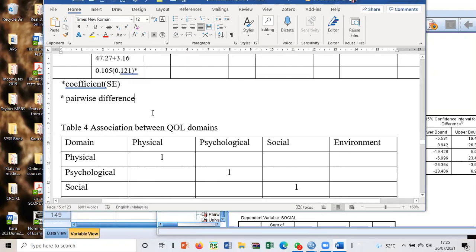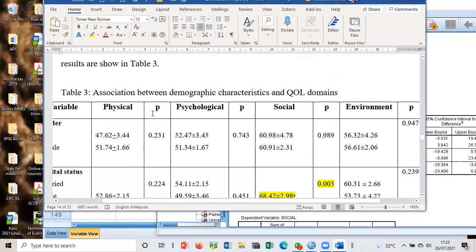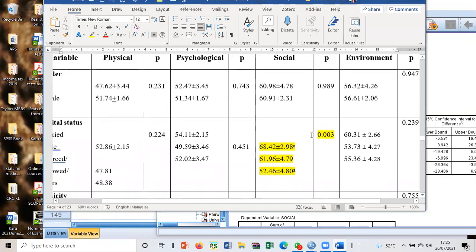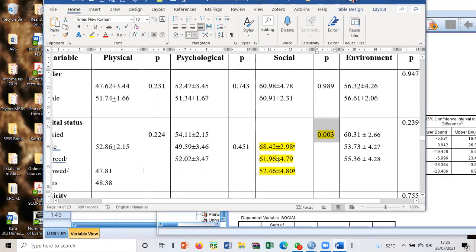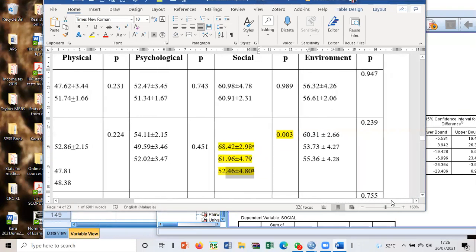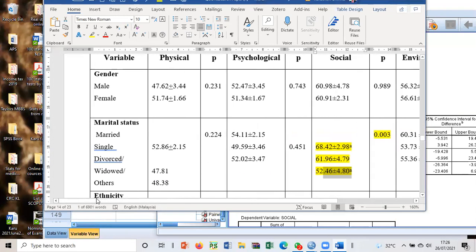So look at this now. When I read this, I see the p-value less than 0.05. That means at least one pair different. And you put a superscript A for this and A for this, that means this pair is different. What's the first group? Married. The married differ from the separated. Single, in between, does not differ from either group.